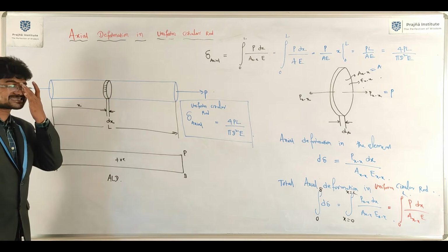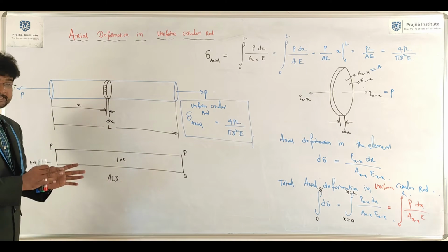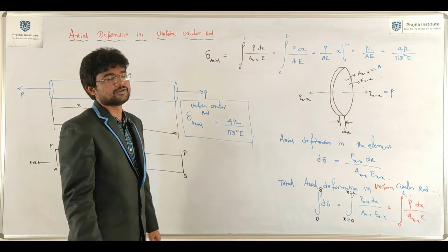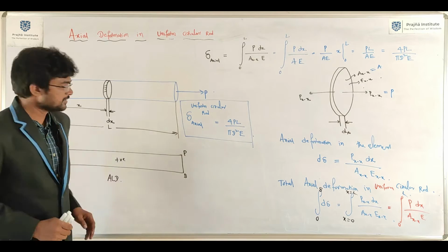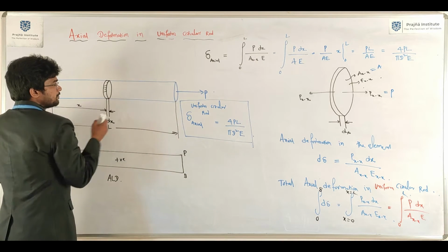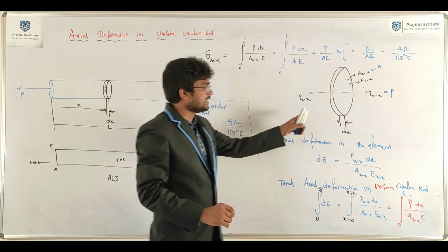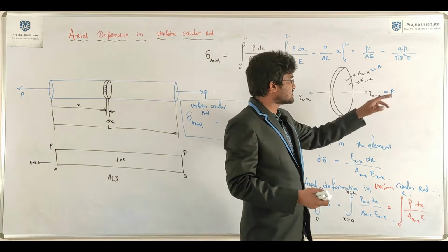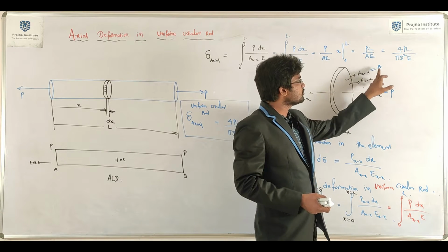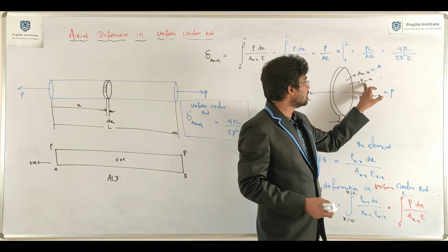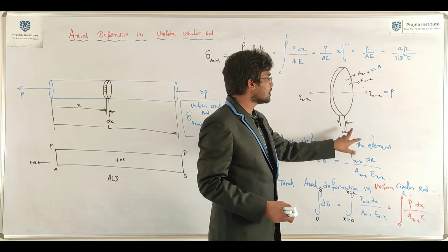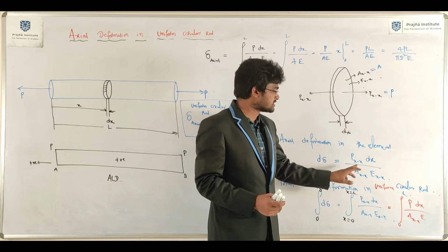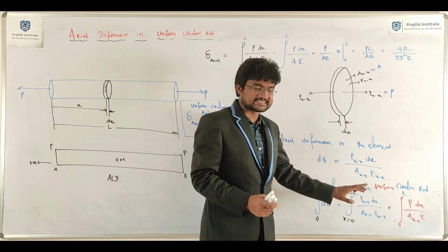If the same question is asked in the interview, you need to explain in the same fashion. Don't write this expression directly. You should be in a position to prove it. It is a uniform circular rod. Just take an element and explain it. Here the element is subject under axial load P and it has a uniform area of cross section and E. Okay? So length of the element dx. That is why axial deformation in the element is Px dx by Ax Ex.